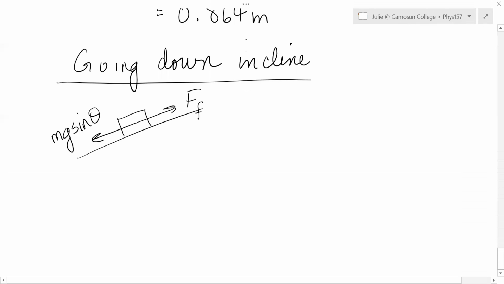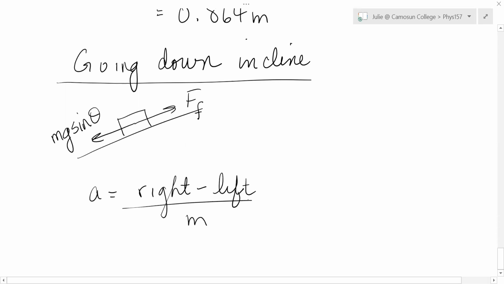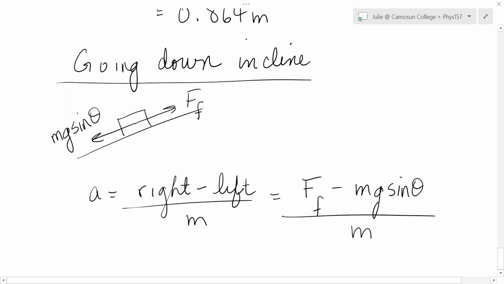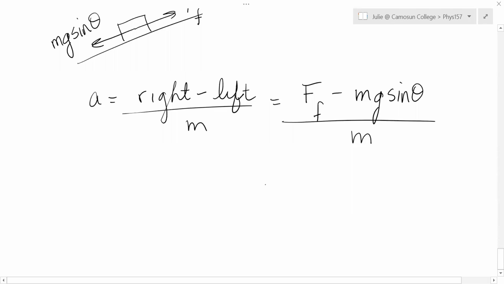And so now the net force, so acceleration, same equation, right minus left over m. But now you've got the force of friction to the right, and you've got mg sine theta left over m. Now the force of friction still has the same magnitude. It's still equal to mu mg cos theta, that's force of friction, minus mg sine theta